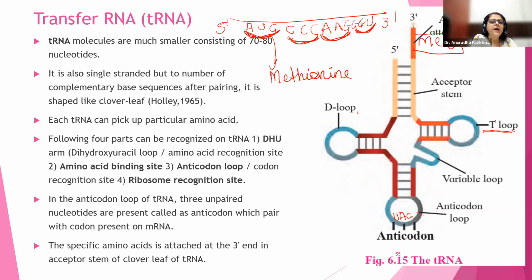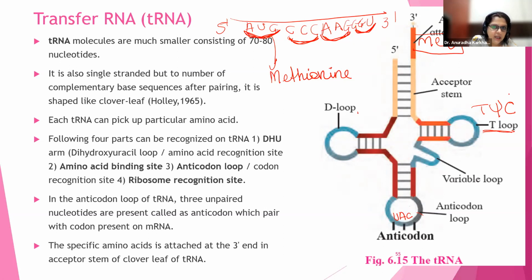ठीक है. ये जो है ना, this is called as T-side loop also. ये साई है बीच में symbol. In the anticodon loop of tRNA, 3 unpaired nucleotides are present called as anticodon, which pair with the codon present on mRNA. So if it is AUG on the mRNA, UAC will be the anticodon which will form a pair, and so on. The specific amino acid is attached at the 3' end in the acceptor stem of the